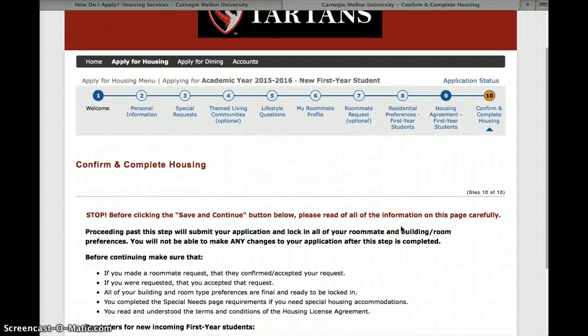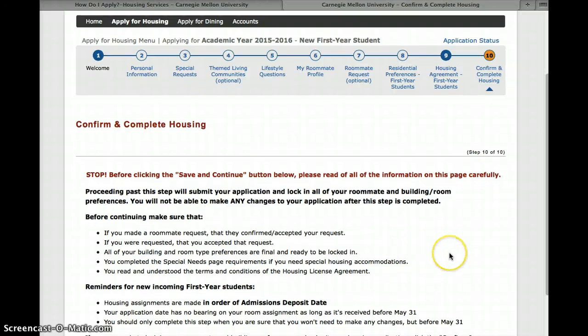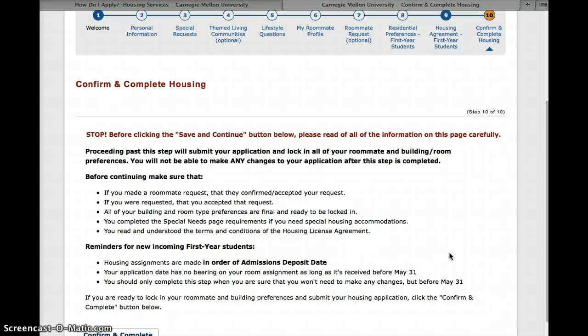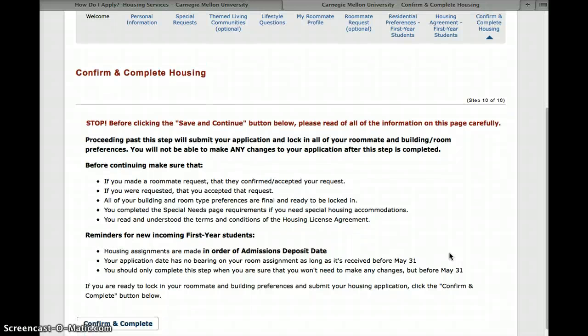This last page completes your application. If you are interested in still browsing roommates and potentially finding your own roommate, or if you think you may want to update your building preferences at a later point, you should not complete this final step of the application, as you will not be able to make any changes or requests after this point. If you are ready to lock in both your roommate and building preferences, you may click Confirm and Complete to